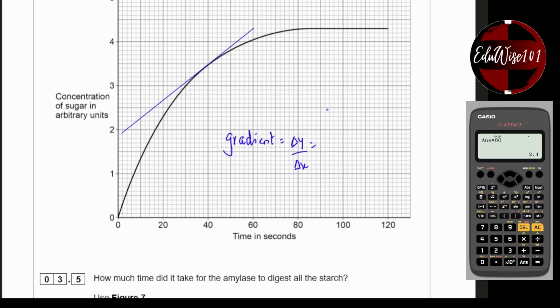That's 4.3 minus this would be 1.9, and 60 seconds. Because it's per minute, I don't really have to divide. So 4.3